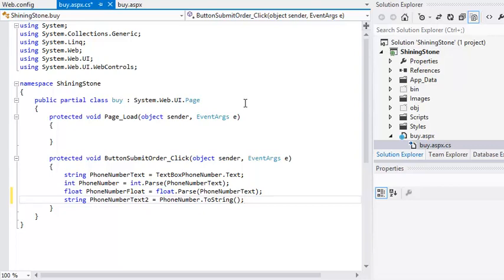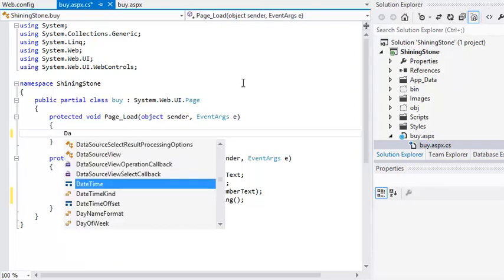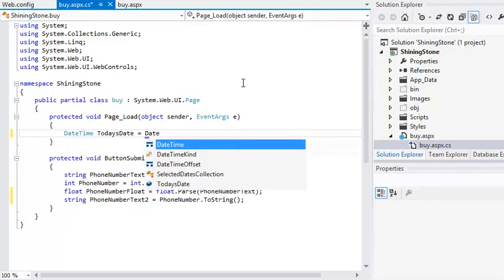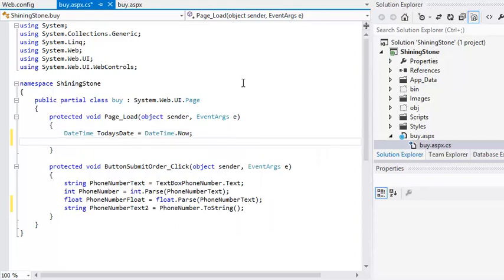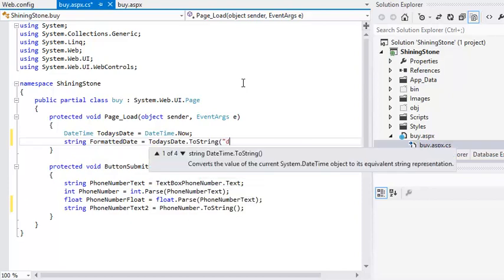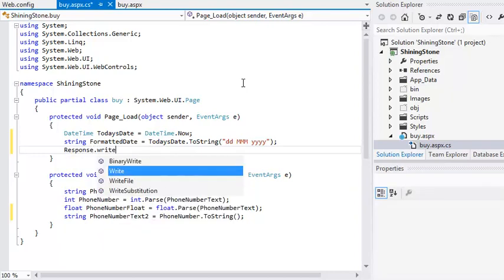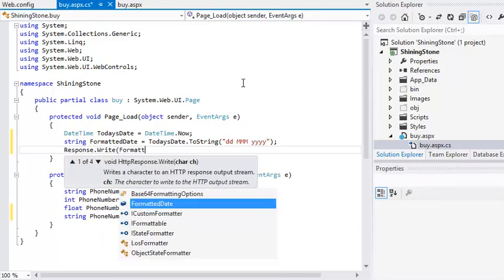Click in the Page Load Event Handler now, and add the following code: DateTime todaysDate = DateTime.Now; string formattedDate = todaysDate.ToString("dd MMM yyyy"); Response.Write(formattedDate);